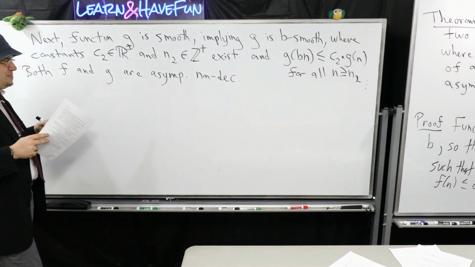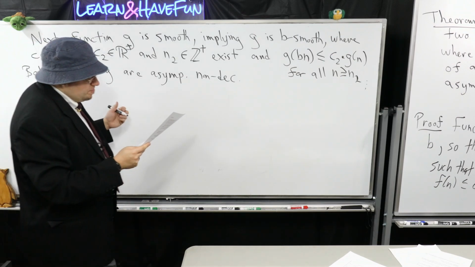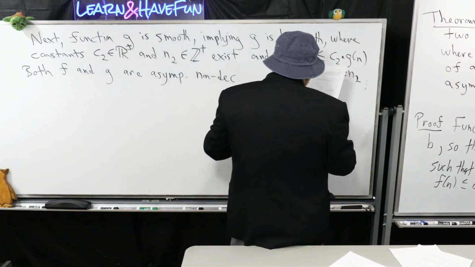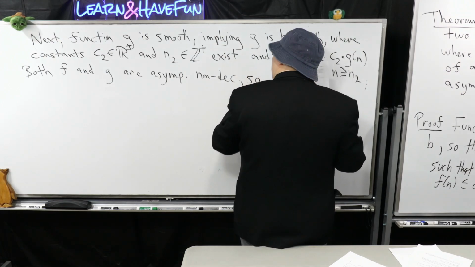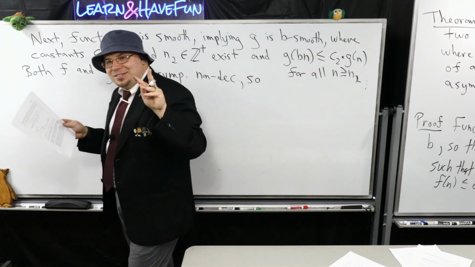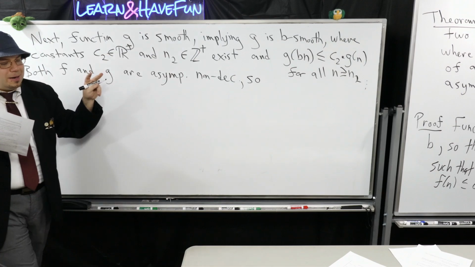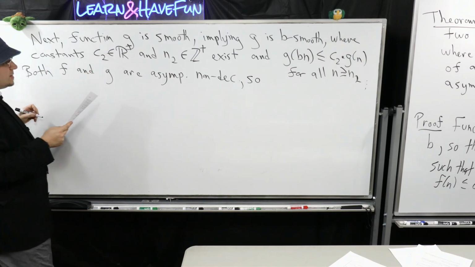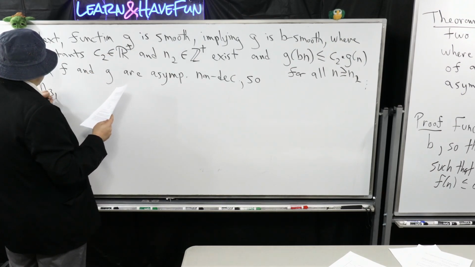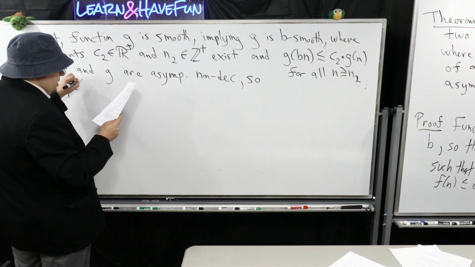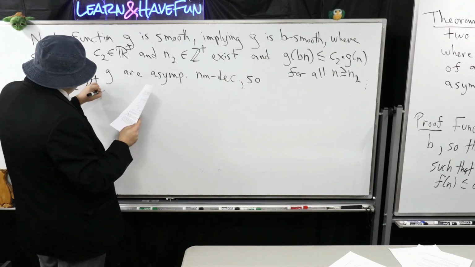It's one of the conditions for being smooth. So that means that there also have to exist other constants. There exist two points, n3 and n4. I'm going to give them those names. So n3, n4, which are both positive integers, exist